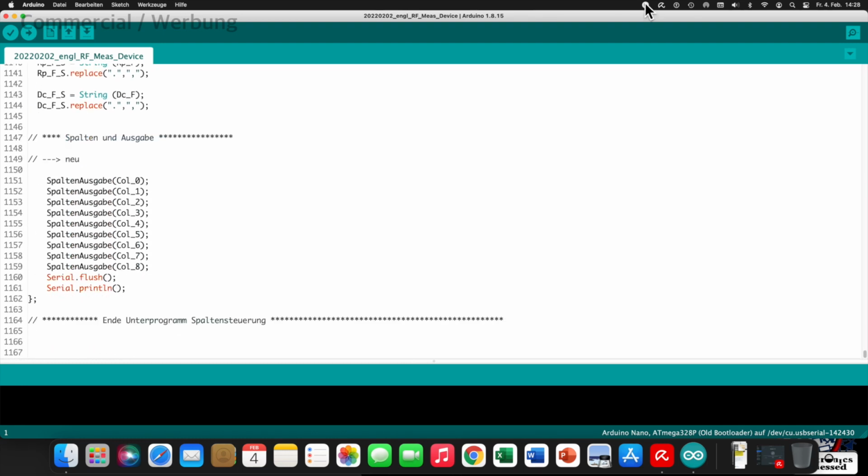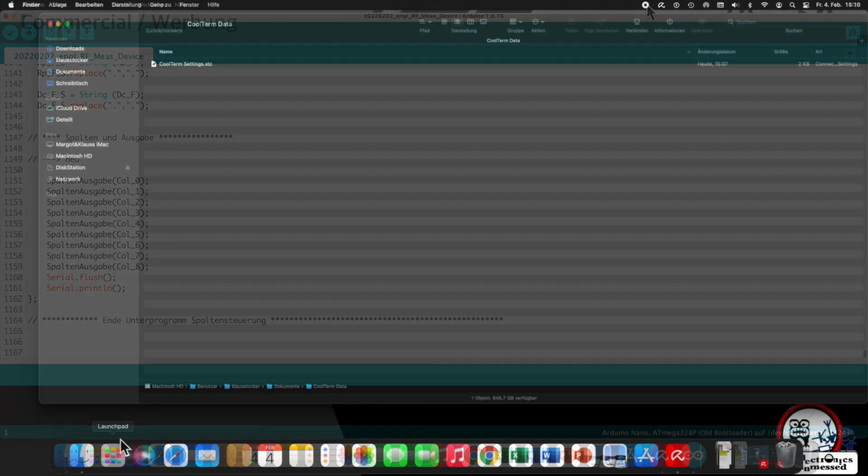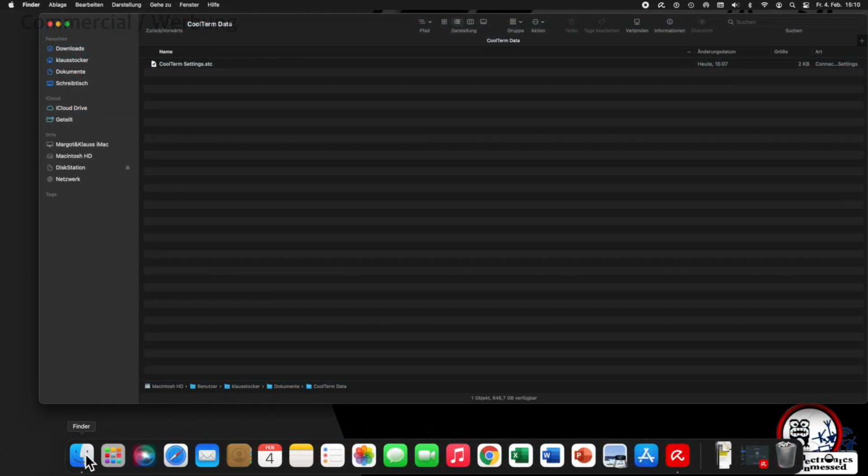Well, that's the code for our little device. It is already close to the memory limits of the Arduino Nano. So, in case you want to extend the code significantly further, you might want to use a more powerful Arduino board. As promised earlier, I want to show the settings for a 24 hours measurement using CoolTerm and the PC to record the data.